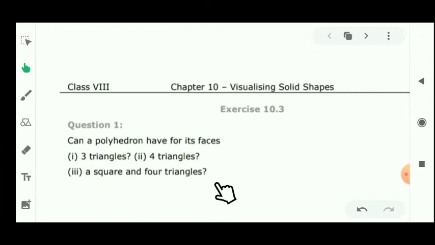Before I start this question, I want to inform you students that in chapter number 10 there are many definitions given in your chapter. So firstly you have to prepare each and every definition, then you can know about the figures of each and every definition, like polyhedron, cube, cuboids, triangles, prism, pyramid, and etc. So students, for this chapter you have to prepare each and every definition, and you have to prepare each and every diagram which is available in the definitions. Let's see the solution of this question.